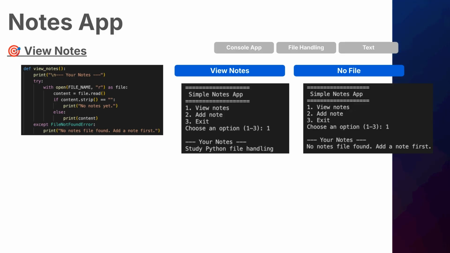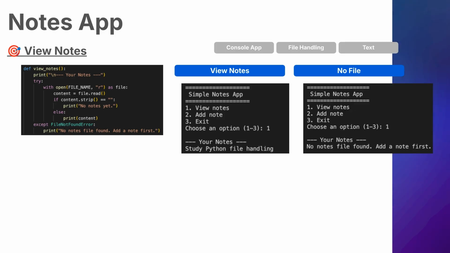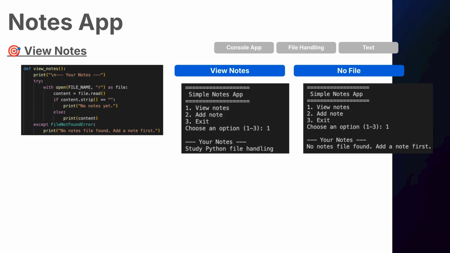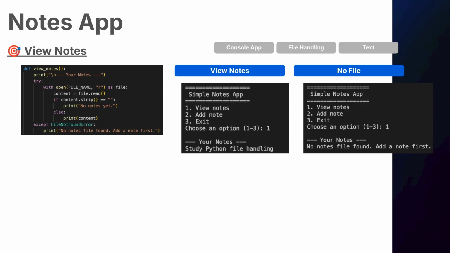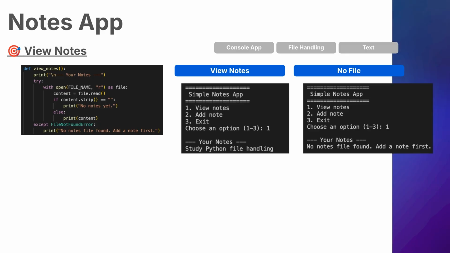If the file exists and contains text, the program reads everything inside and displays it exactly as it was saved, line by line, so the user can quickly review their notes. There's also an important check here. If the file exists but doesn't contain any real text, the program doesn't just print a blank screen. Instead, it shows a friendly message saying there are no notes yet, which makes the app feel much more polished